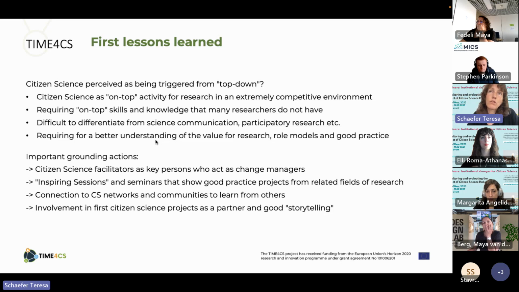So the European Commission is pushing for citizen science. Also, university management thinks that citizen science is useful because there's access to new funding, and it's also interesting because it has a societal impact. But for the researchers as such, it's an on-top activity,